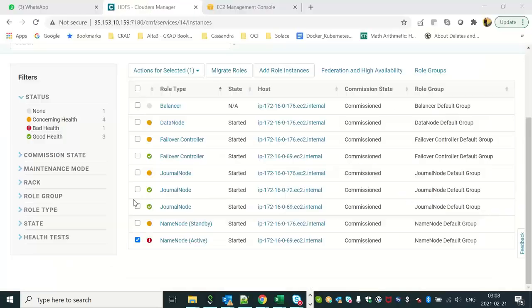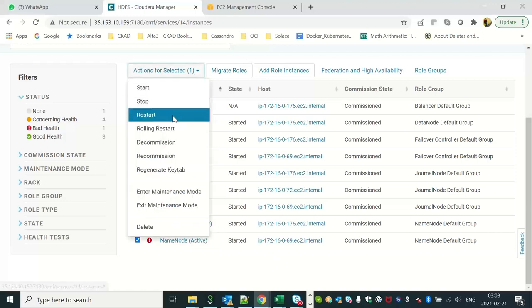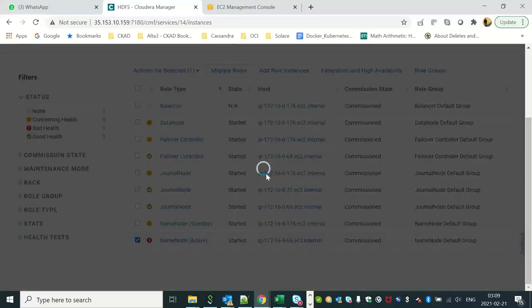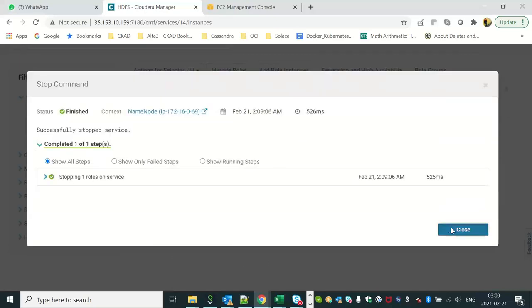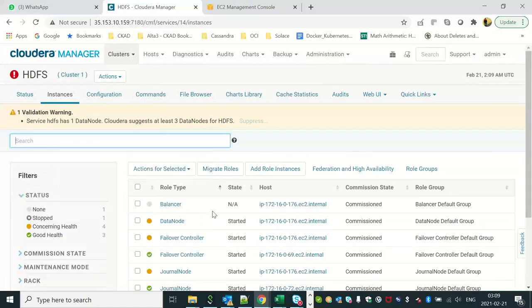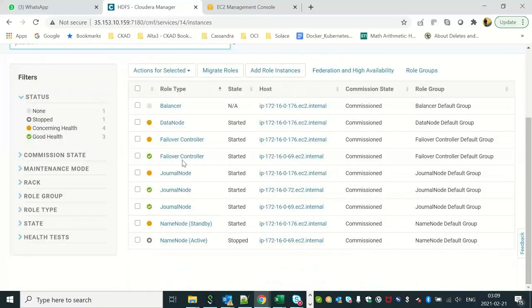Okay, just for making this concept clear, let me show you a demo. First of all, I'll show you the demo. So let's say now I stop or I restart this active name node. Restart means, okay, let's stop it first and then we will start it. So as soon as I have stopped, now the failover controller, which is this on the 69, now it will